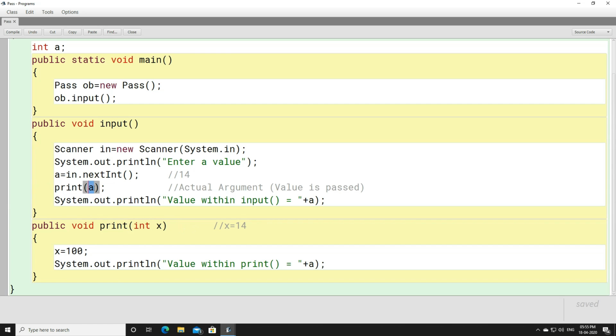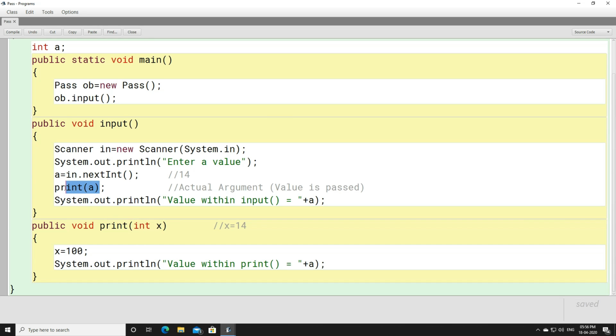Whatever you pass from here, whether 14, 1000, or 2 lakh, the same value will get stored in this place. Now do not pass a double value from here. The reason is we are writing int x, so the data type of x is int, so you need to pass an integer value. A small data type value can be stored in a big data type variable, that will work, but a big data type value cannot be stored in a small data type variable without typecasting.